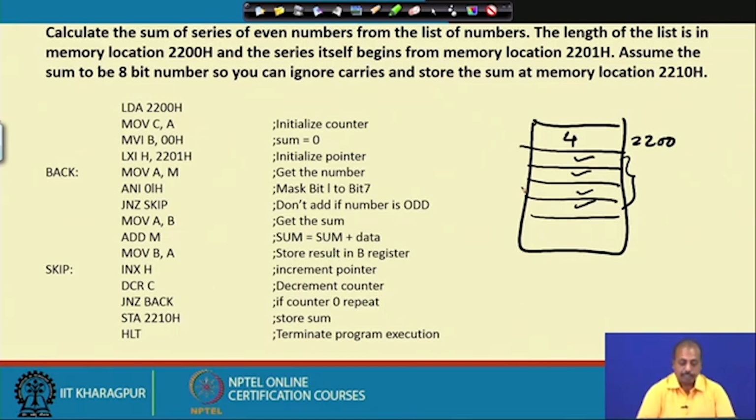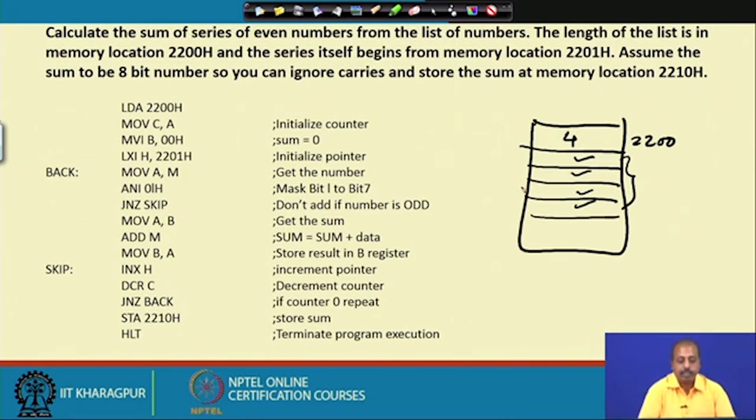Then MOV C, A. So, it will move the count value to the C register. Then MVI B, 00 hex. So, the B is holding the intermediary sum, and that is initialized to 0. LXI H, 2201 hex. So, this will initialize the pointer to the first location of the array, and then MOV A,